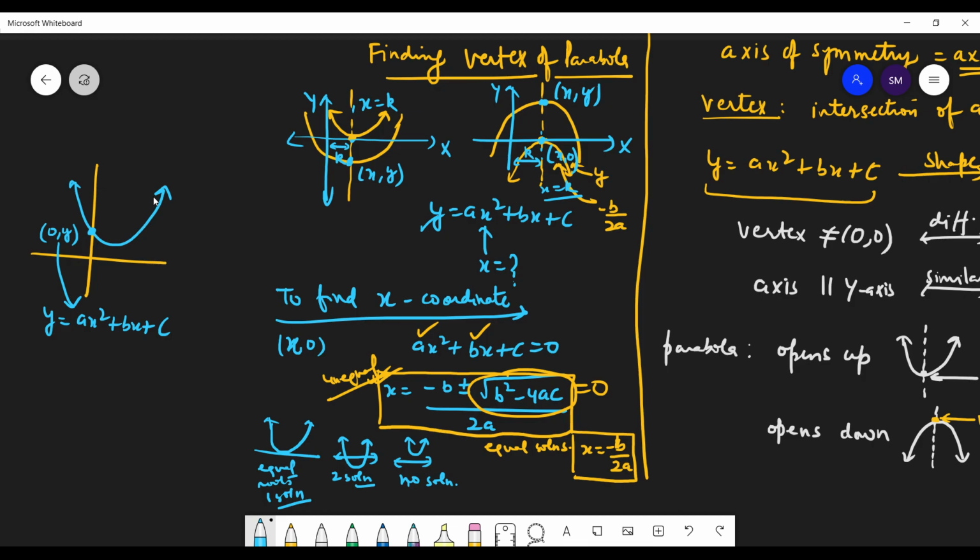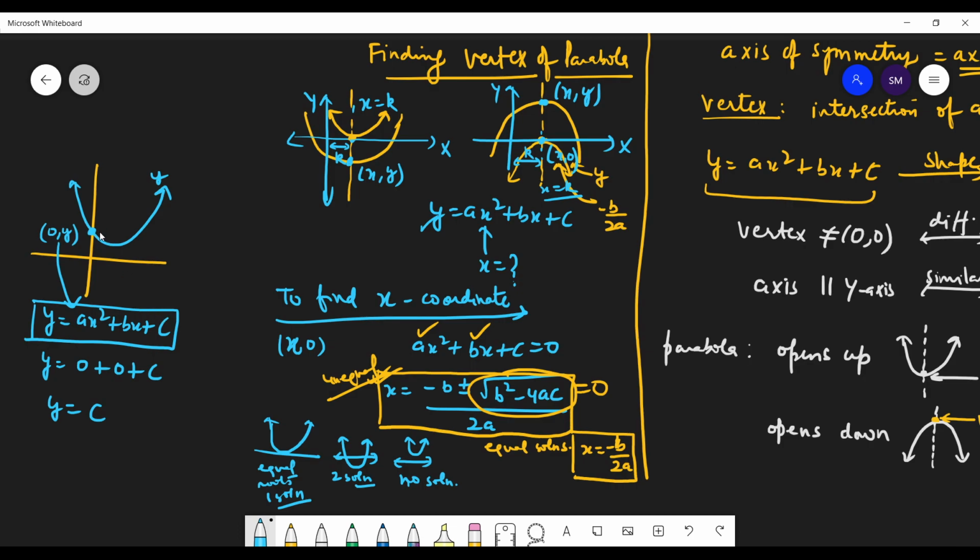If this point lies on this equation, it means this point will satisfy this equation. Yes. If it lies on this graph, so put this point in this equation. That is the meaning of this point. So put y equals to y and x equals to 0. So you will get 0 plus 0 plus c. So y equals to c. So that's the point, students.